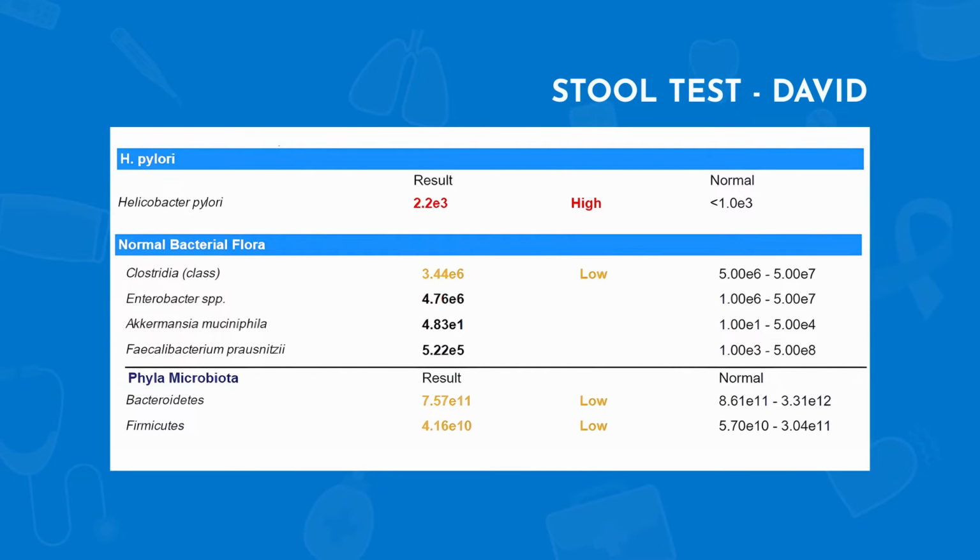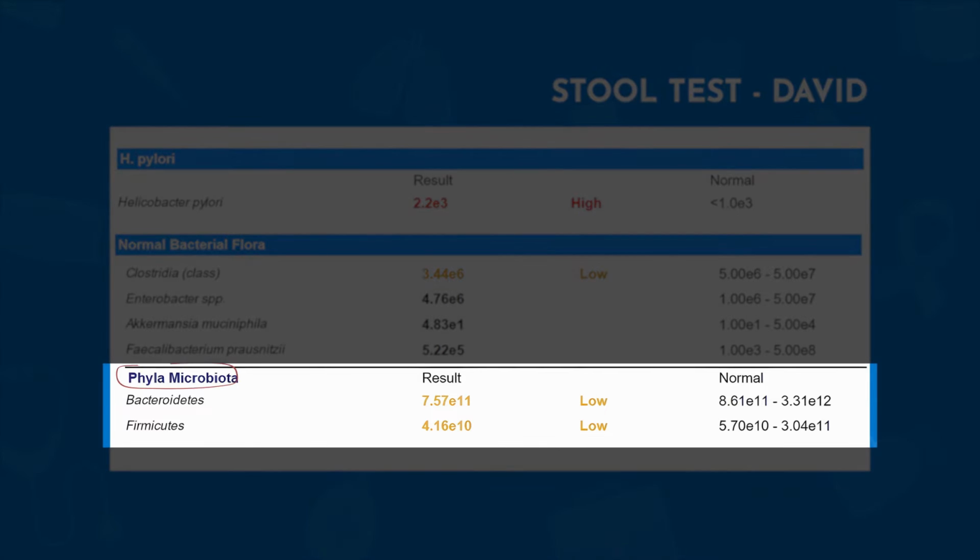Here is the commensal, more normal, friendly bacteria. We see down here the phyla. And phyla is an organism classification system. So for example, for humans, our phylum is Chordata. So anything that's got a spinal cord, we're a part of it. So it's a very high level, all the way down to species and genus. Of course, we're Homo sapiens. But phyla is a catch-all.